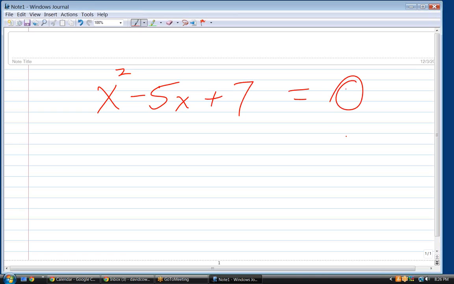Notice that I cannot factor that. There are no factors of 7 that add to the number 5. That would be step 3 if I tried to factor it, right? I'd be looking for factors of 7 that add to the number 5. They don't exist. So I got 2 choices here. I can plug into the quadratic formula, but the quadratic formula actually came from completing the square. When you complete the square,